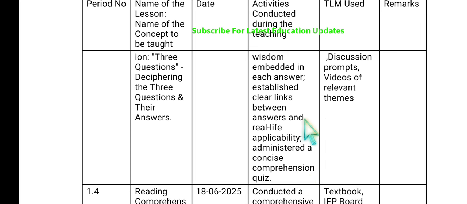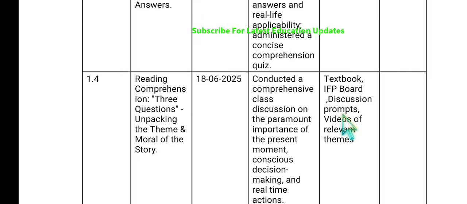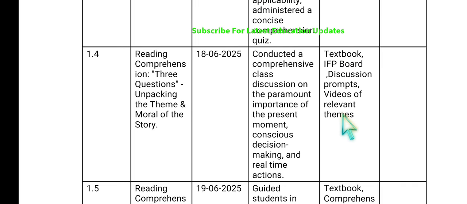We can frame a few WH questions and critical, open-minded questions, based on discussion prompts and videos of the relevant themes, followed by reading comprehension based on conscious decision making, real time actions and altruistic actions,